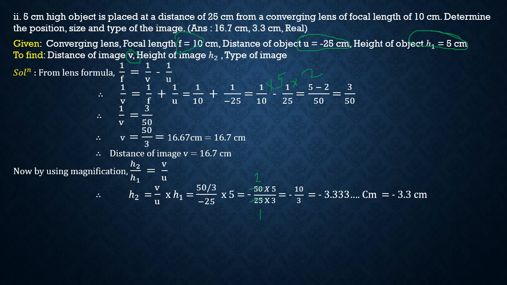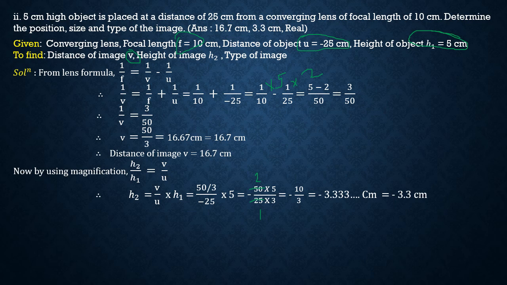3 point again remains 1. Again decimal and 0 10. So again 3 threes are 9. Again 3 threes are 9. So it will be continued as 3.33 dot dot dot, which is approximated as 3.3. It is minus. Correct? So now you can see your height of the image is 3.3, but height is given